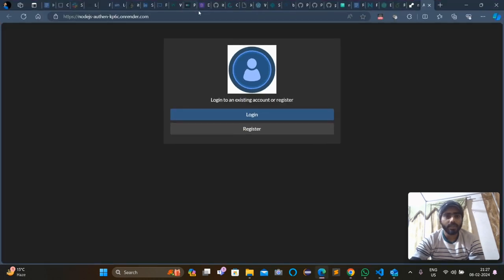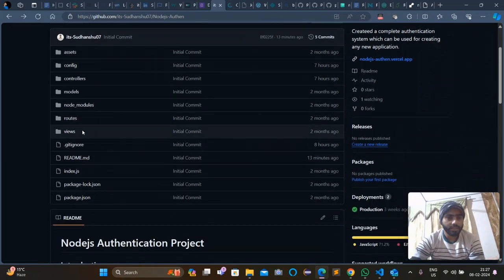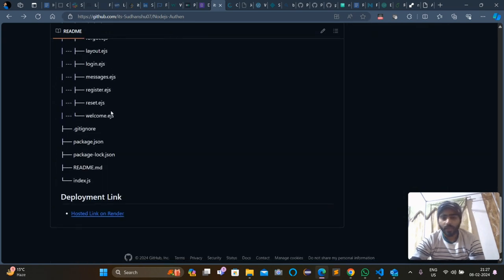And I have uploaded this on my GitHub profile here. It's here, and we can just manage all the profile and data. And here is my empty file, and that's it.